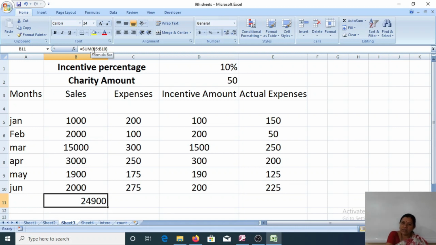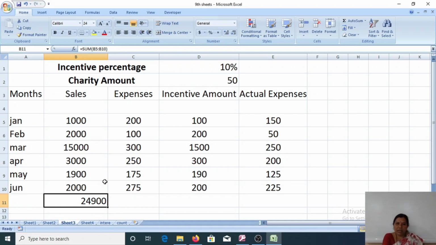If you want to count the number of items, the count function. These are the names of valid Excel functions. A function name must be followed by opening and closing parentheses. See here also, the bracket is started. Already I said parenthesis means brackets, and we start the arguments from the brackets.